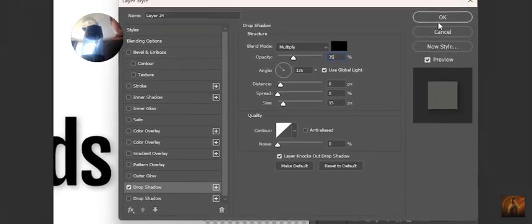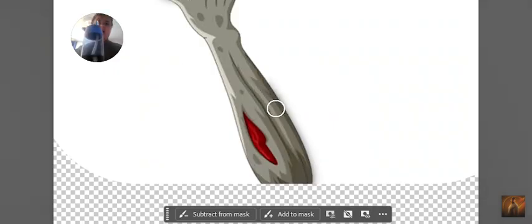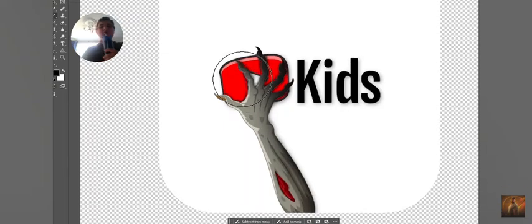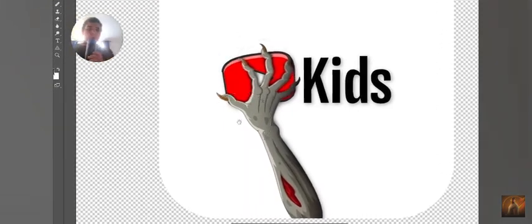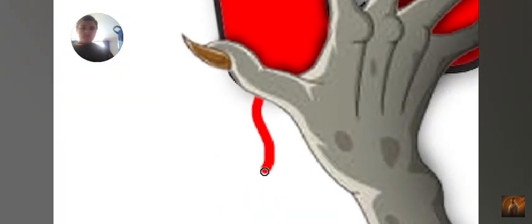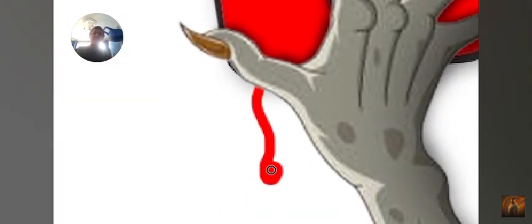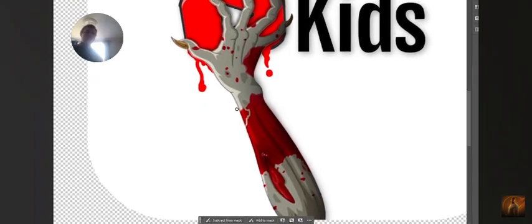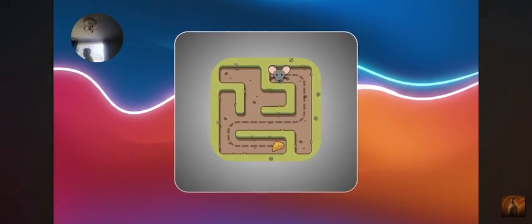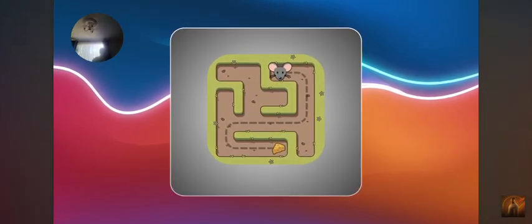I gave the logo a drop shadow to lift it off the background, and then I added a contact and ambient shadow to the arm so it actually feels like it belongs in the scene. And once everything felt grounded, I painted some blood coming out of the logo itself and added a little more onto the arm. Just enough so you know what kind of video this is. Alright, let's move on. The next tab is Maze for Kids, and in the original icon, there's a rat trying